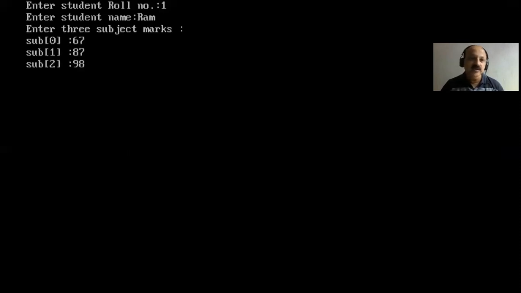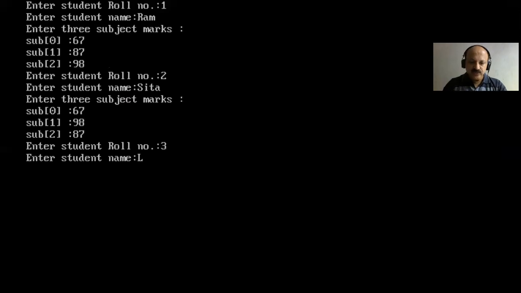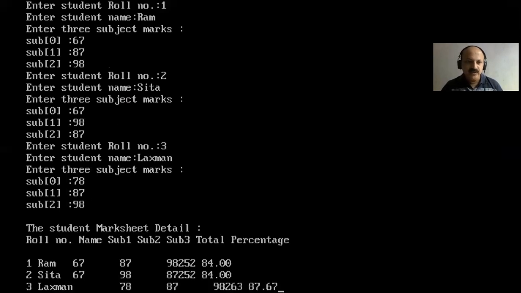Now the second student. So that's a for loop repeating 3 times, and then scan. Then again 3 subject marks are provided, and last is the third student, Lakshman, and then the marks. So yes, we have to print perfectly, but the last two names are so long that it disturbs